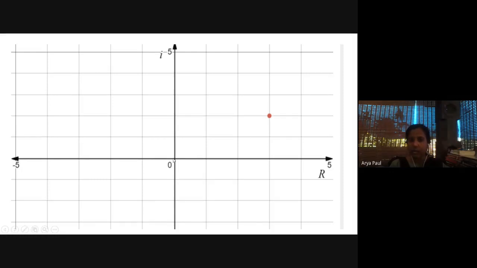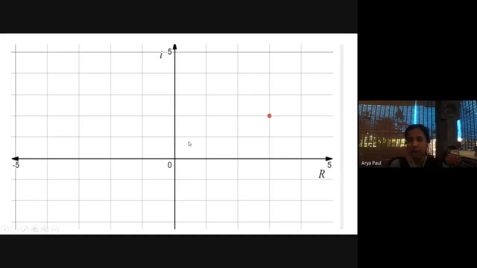Now you are going to represent this as a vector or a complex number. What do you mean by a complex number? It can be expressed as, this 3, 2 is the point, so 3 plus 2j or 3 plus 2i, isn't it? 3 plus 2i. So 3 will be your real part and 2 will be your imaginary part.